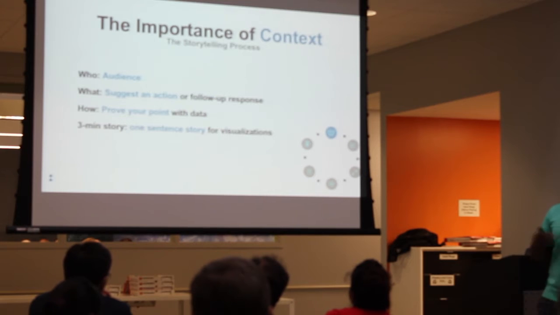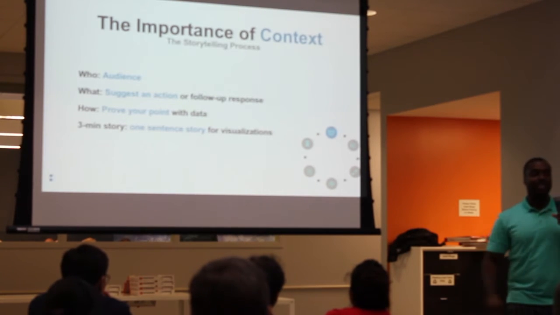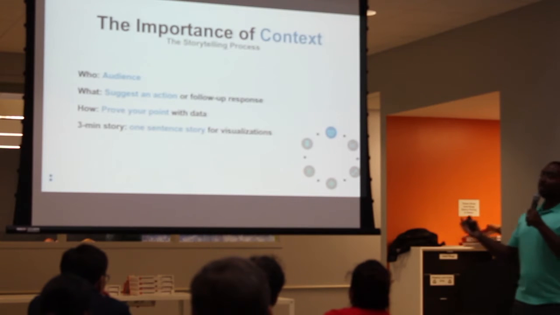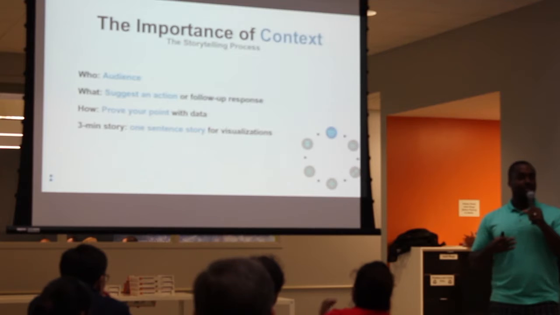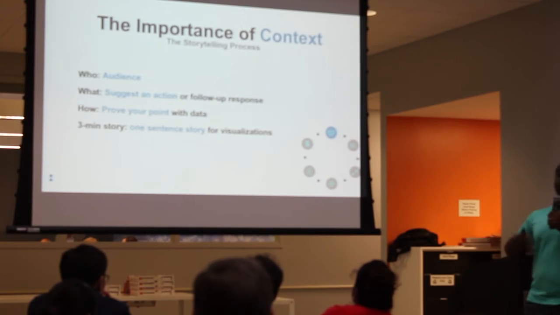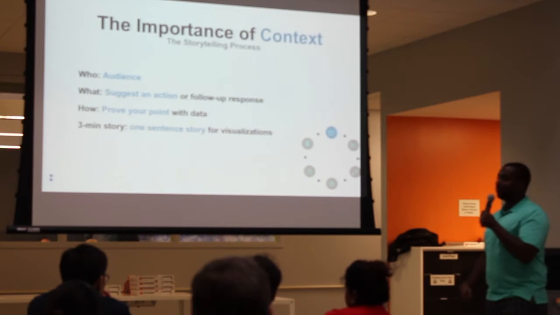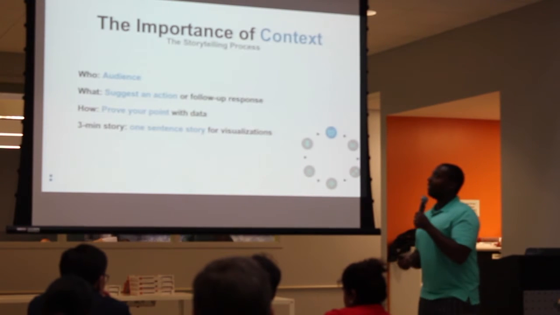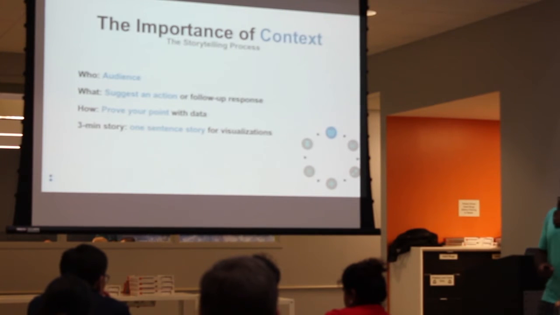We, as data scientists, sometimes say, oh, I just want to present all the data and you figure out what you want to do with it. But why would you leave it up to the audience to figure out what they want to do with it when you know the data best? Why don't you just suggest what you think should be done? And you're the most qualified to do so because you've done the research. And of course, we always prove our point with the data. It's correlated to the data.